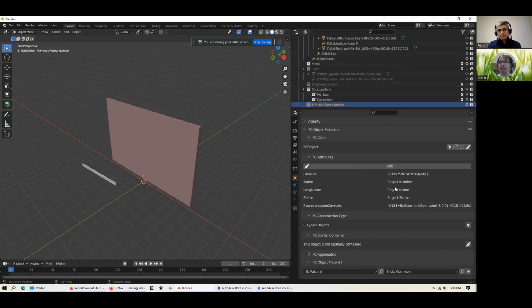And the project has a number of attributes. It has a name, a long name, and phase. And the first thing we're going to fill out is the project name. And the project name is usually a short code given to the project. So for example, if your naming scheme of your project has something like,